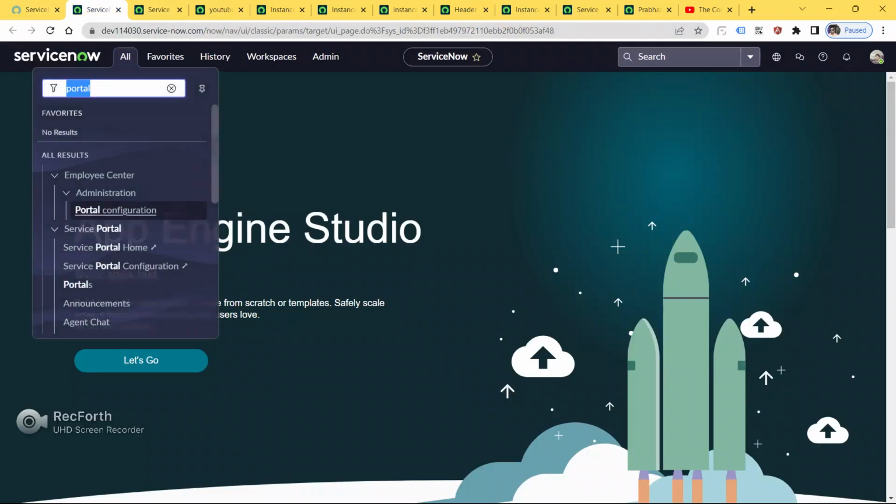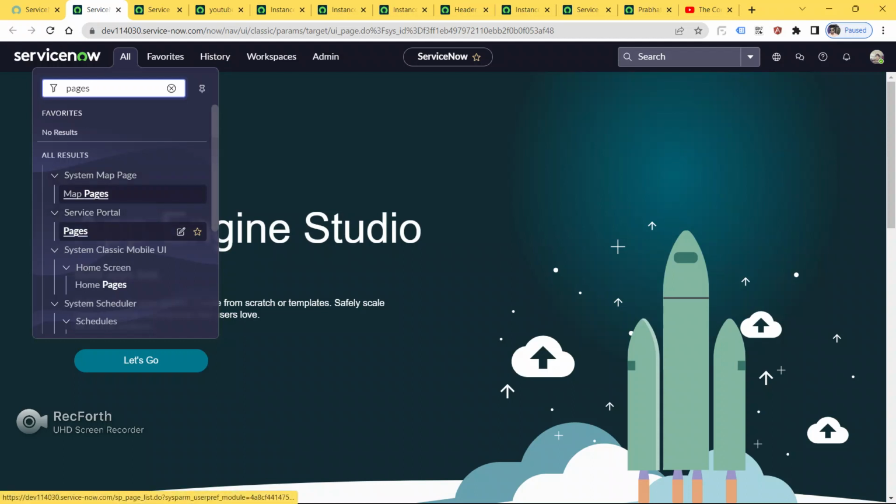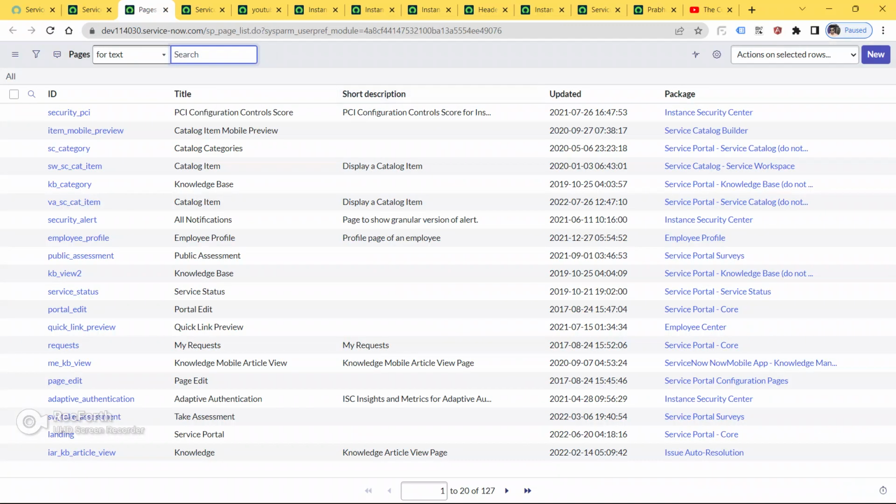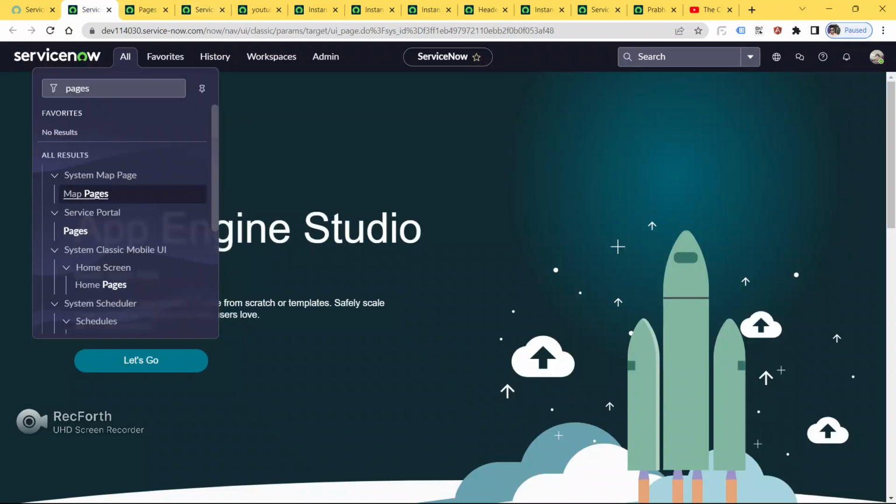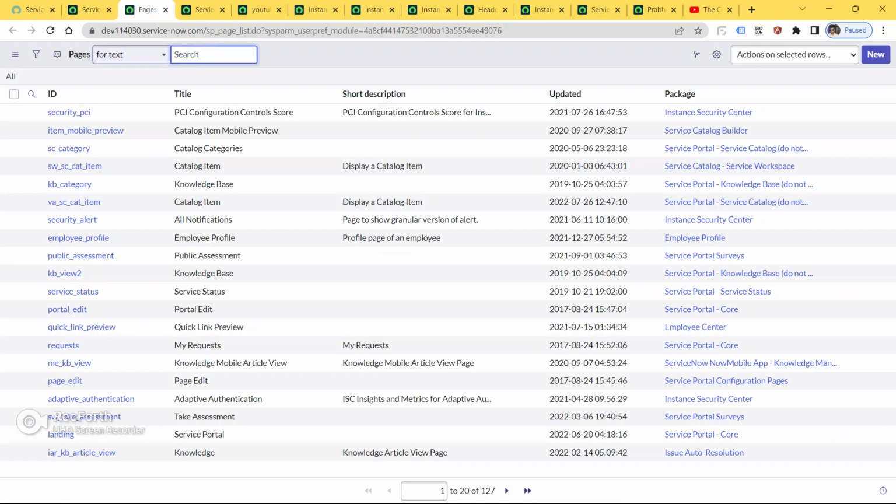So now we have to create a page also. Go to All, search pages, and click on pages under the service portal. Now we have to create a new page using the button new. What I did, guys, is go to the filter navigator, search pages, and under the service portal you can see pages.